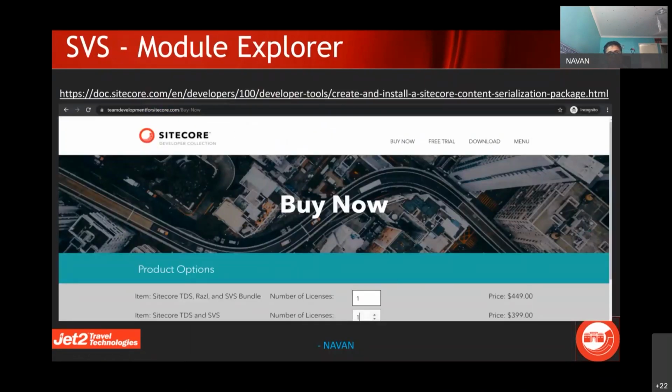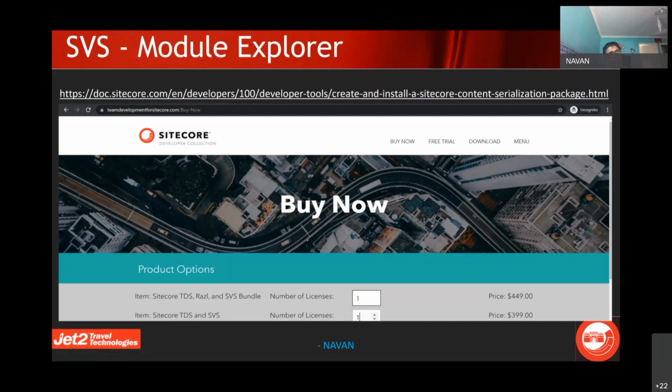So next, let's jump to Module Explorer. There is something called Sitecore for Visual Studio Module Explorer. But the only thing is, as a package, it's part of Razl and all that. So that's $449. And then you have just TDS and Sitecore for Visual Studio. The Sitecore for Visual Studio plugin is what has the Module Explorer. Module Explorer is used to create your module details, then rules for your modules and all that stuff.